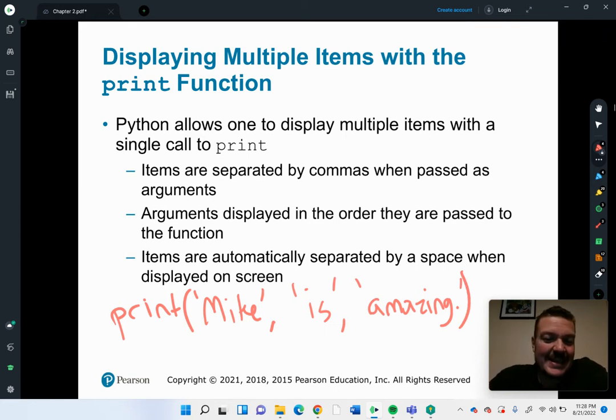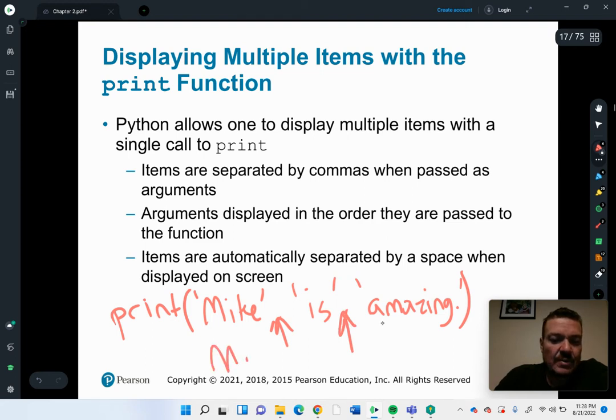So, in this case, it's going to put all three items out to the screen. And because we have these commas separating them, it's going to put a space for us in between. So now, when it outputs, you're going to see Mike space is space